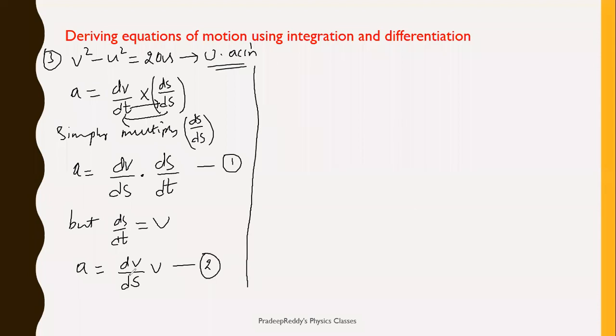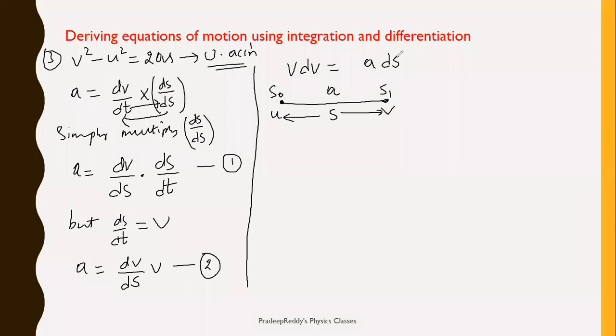Fine. Now bring this ds to the other side. From the above equation, we can write v dv is equal to a ds. So that means if your body is starting with initial velocity u, it is going to some final value, its velocity is v, with some acceleration a, and this is covering some distance s. Initial distance is s naught, final displacement I can take it as s1. And total length, it is delta s.